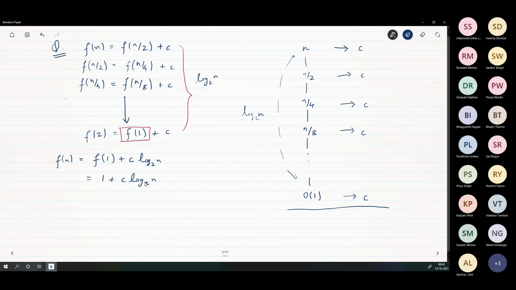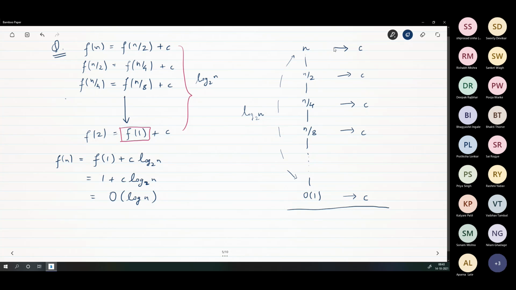And we only want the answer of f in big O or theta terms. So this is big O of log n, because this c is a constant. Okay, so it's clear. First time, perhaps it might not have been clear right away. So I hope now it's clear to everybody. Yes, sir. Okay, so this is one example of how you solve a recurrence using the recursion tree method, because this was the tree.